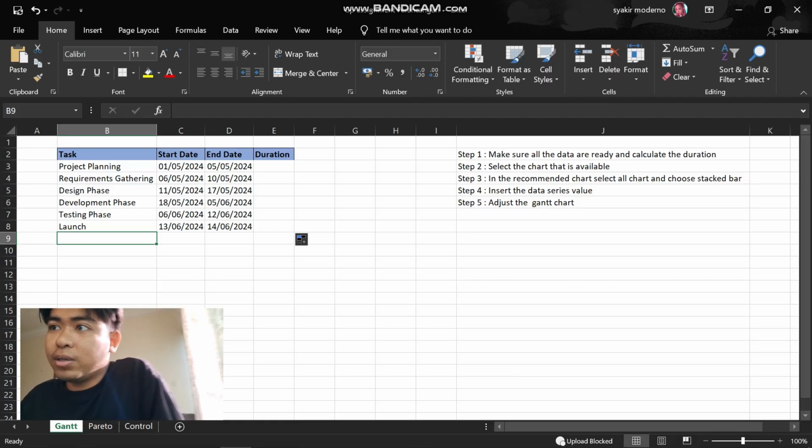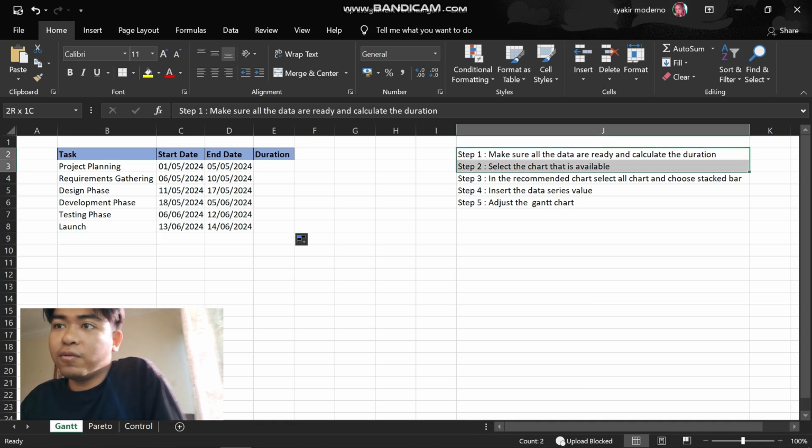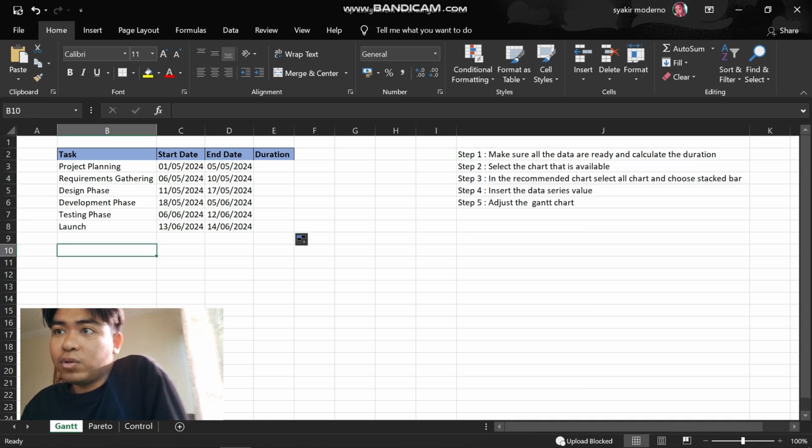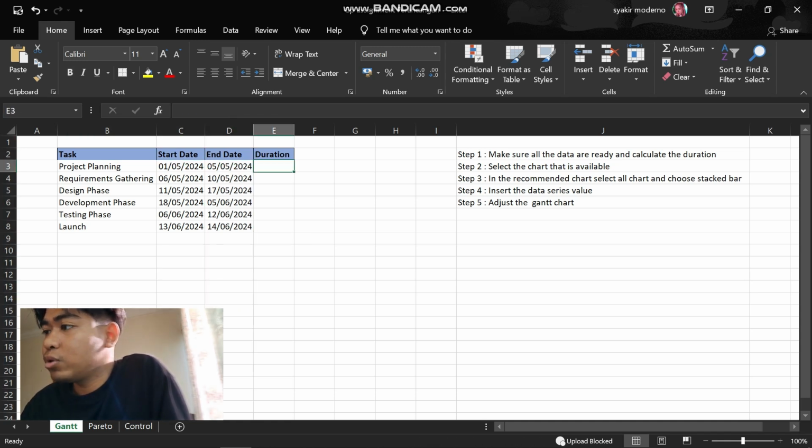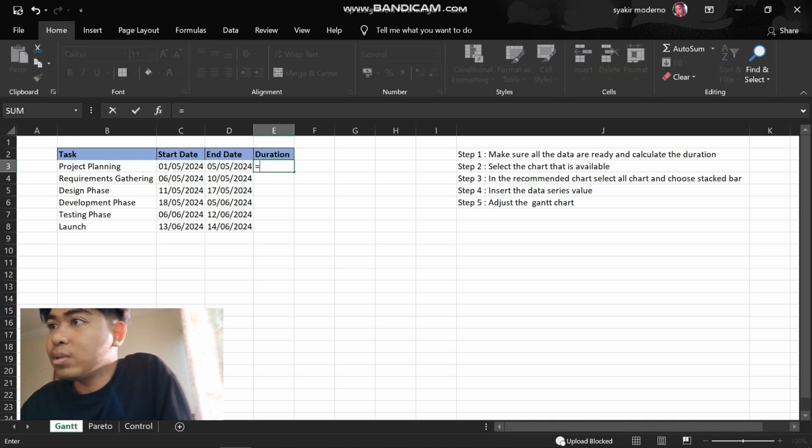For a Gantt chart, there's a few steps that we must follow in order to make the chart. I already prepared a few tasks here, which is project planning, requirement gathering, design phase, development phase, testing phase, and launch. There's a start date and an end date, so we must find the duration between each task. We just have to follow the format, which is the end date minus the start date,